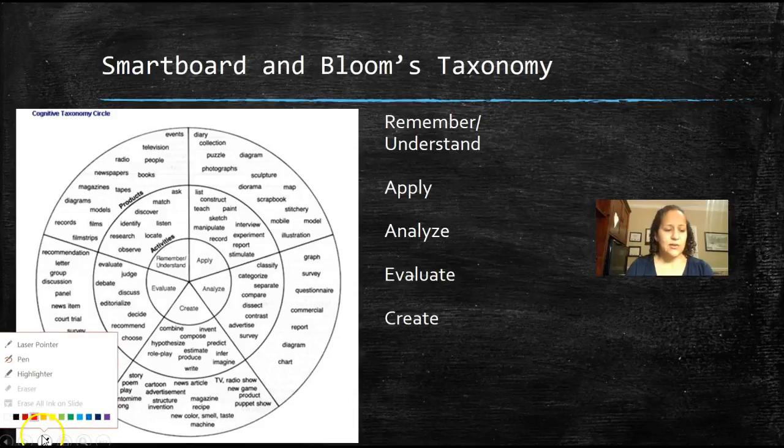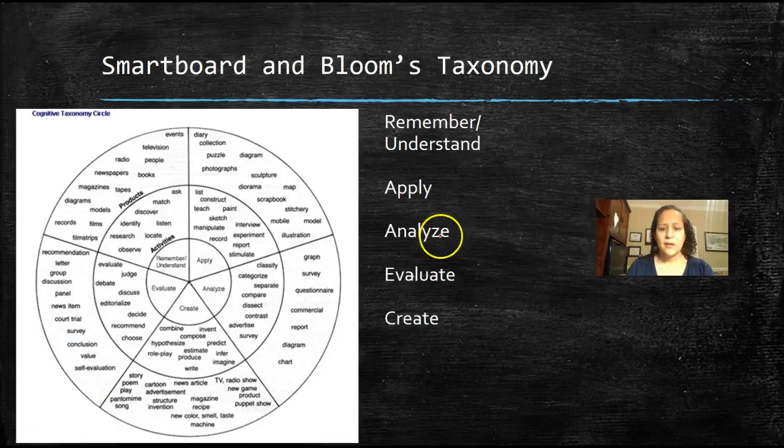So when we look at Bloom's taxonomy, and we go to the remember, understand, some of the things that we can do on the Smartboard are listed in there. So locate, identify, match, ask. We can do all of that with the Smartboard. Products would be diagrams. Diagrams you can definitely do on a Smartboard. Models you can do. Films. You can do just about anything in that level of Bloom's taxonomy using our Smartboard. So I'm going to put a check